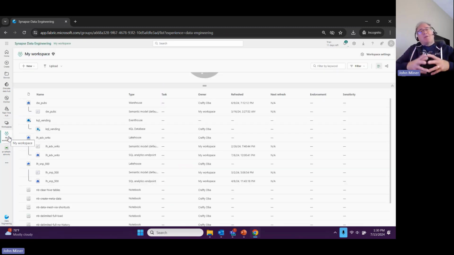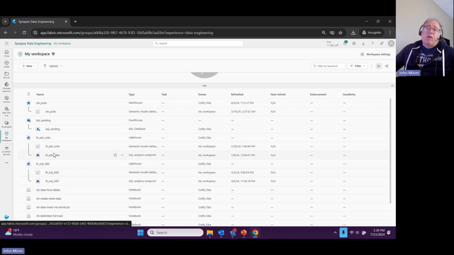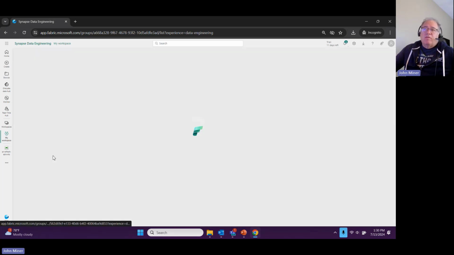We're going to talk about shortcuts. Remember we talked about data meshing and shortcuts, shortcuts are the way to do it. We have another lakehouse called S&P 500. And if you're curious, again, I want to show you one thing. The semantic model right here is where you tie into Power BI. This is where the SQL endpoint is. So if your end users love, okay, SSMS, so on,